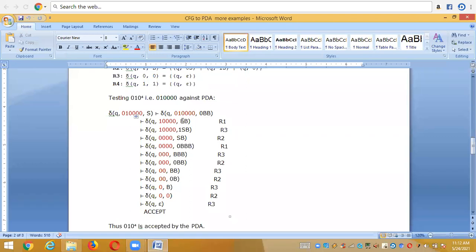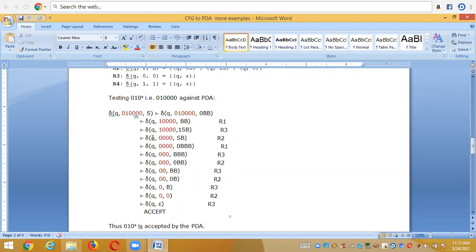Now, in the place of this B, you need to use rule number 2, because for (q, epsilon, B), you need to pop 1, right? So I'm having three rules here, but I'm choosing the second rule, because to pop 1 I need to use the second rule. So I'm substituting 1SC in the place of this, and 1 and 1 according to rule 4 get popped. Rule 4, it was pop. And my input string contains 0^4 with SB on the stack.